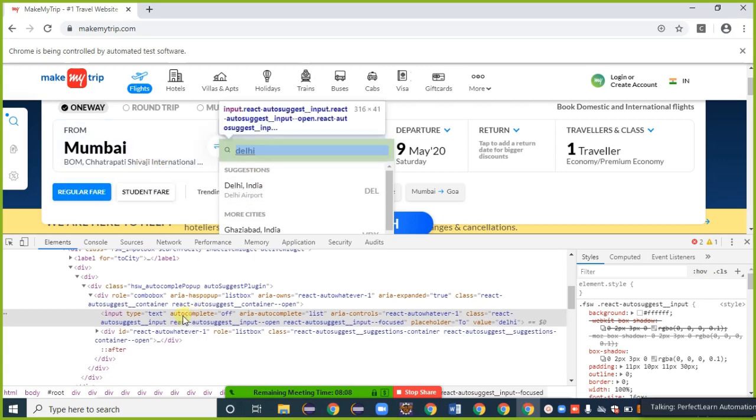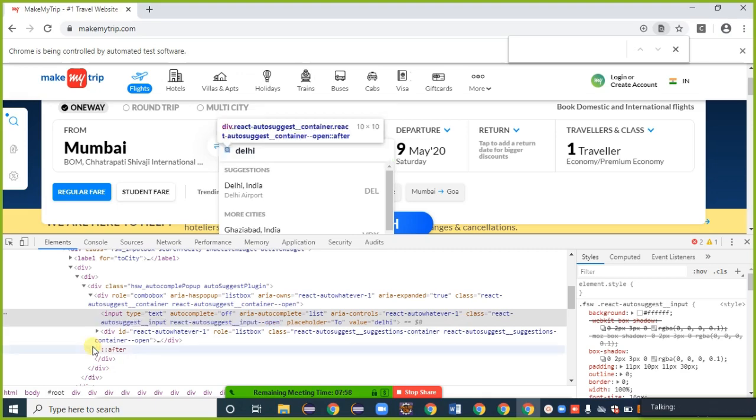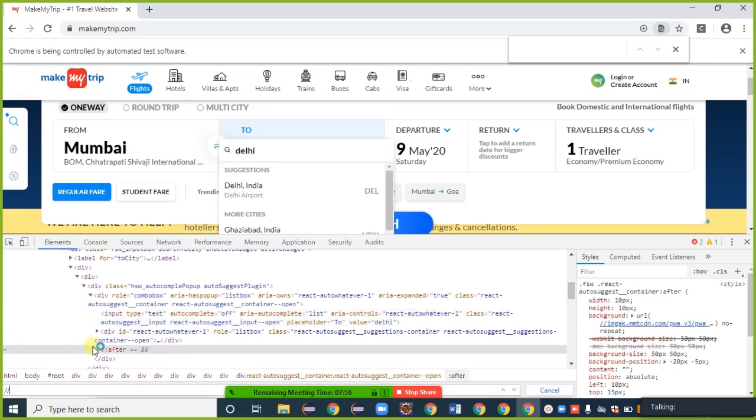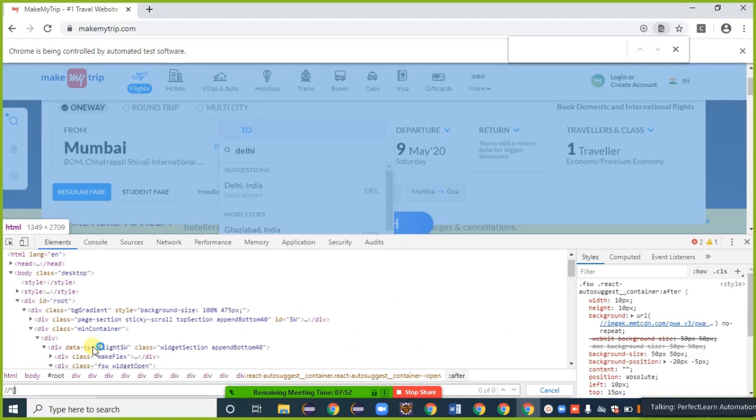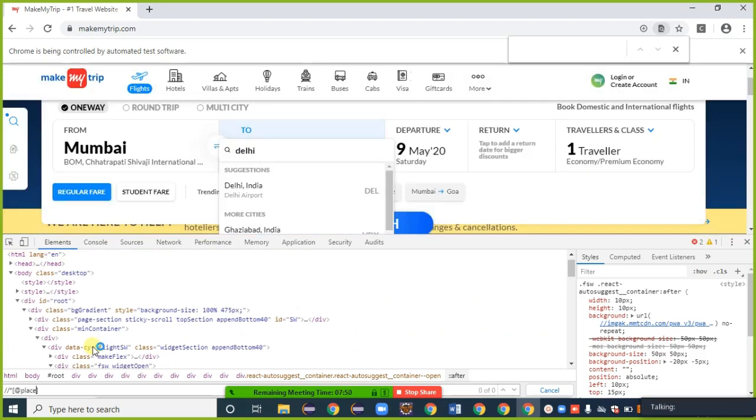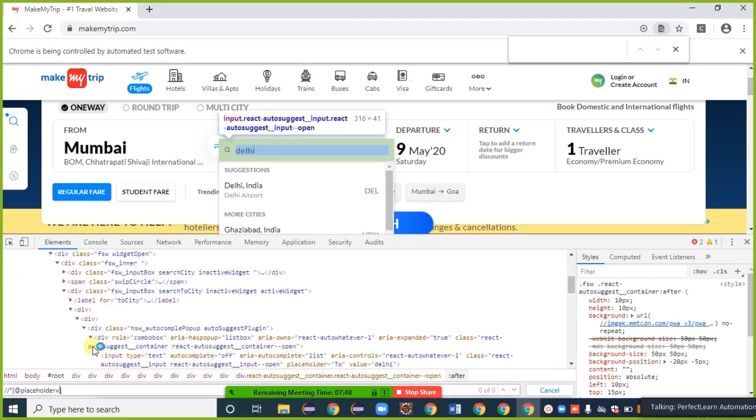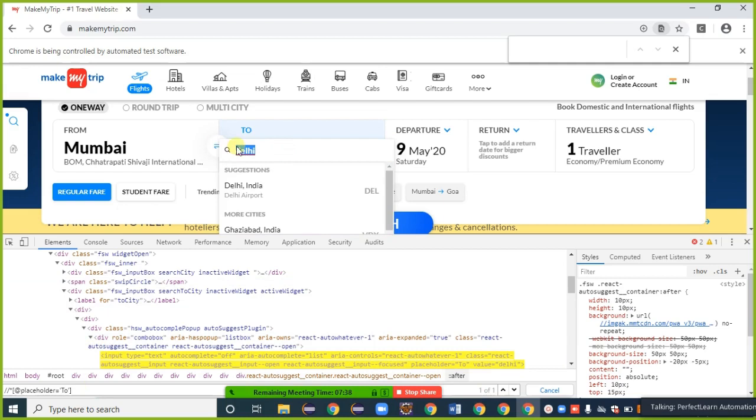Provide XPath for that one, placeholder 2. Control M, two forward slashes, star, bracket, at the rate placeholder is equal to single quote 2. 1 of 1. So this XPath belongs to this text field, keep in mind. Inside that text field I am sending Delhi as a name.